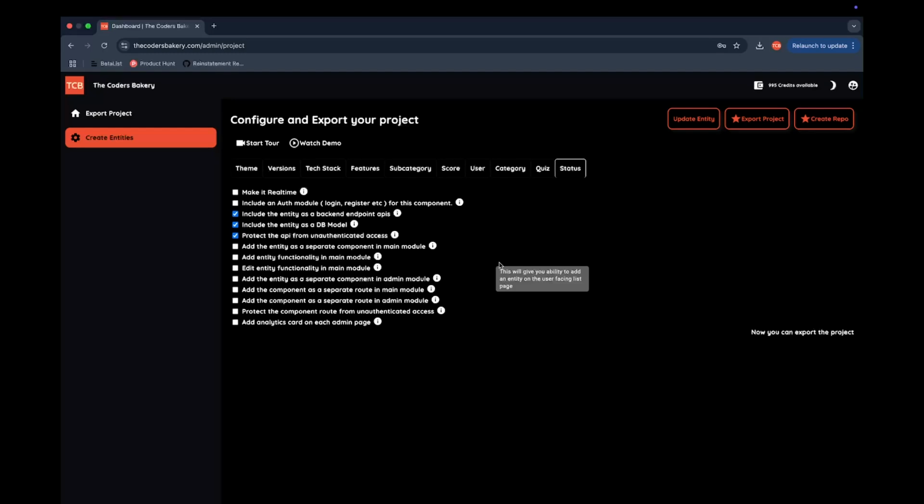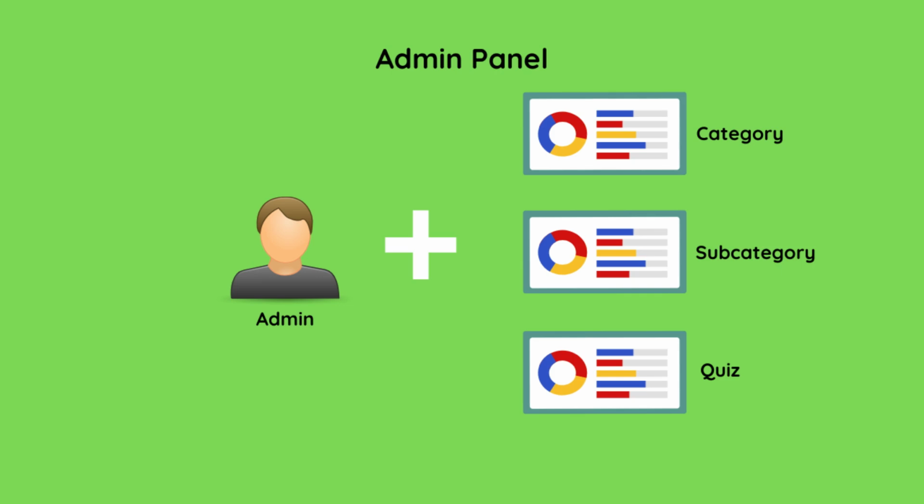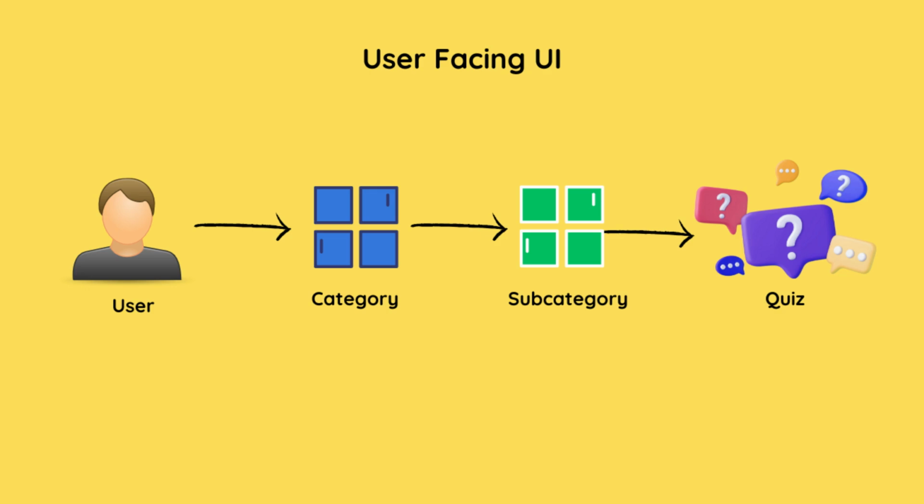And just before exporting the project, we will make sure we understand the user flow of the application. For admin, it will be just login and add the category, add the subcategory, and on top of subcategory you can add quizzes with answers. And on the other side, for the normal users, it will be login and they will be redirected to the main page of the categories, like a list of all the categories, and on selection of a category you will be redirected to the list of subcategories for that particular category, and then on selection of a subcategory you will be redirected to the list of quizzes, or you will be redirected to the last quiz you attended for